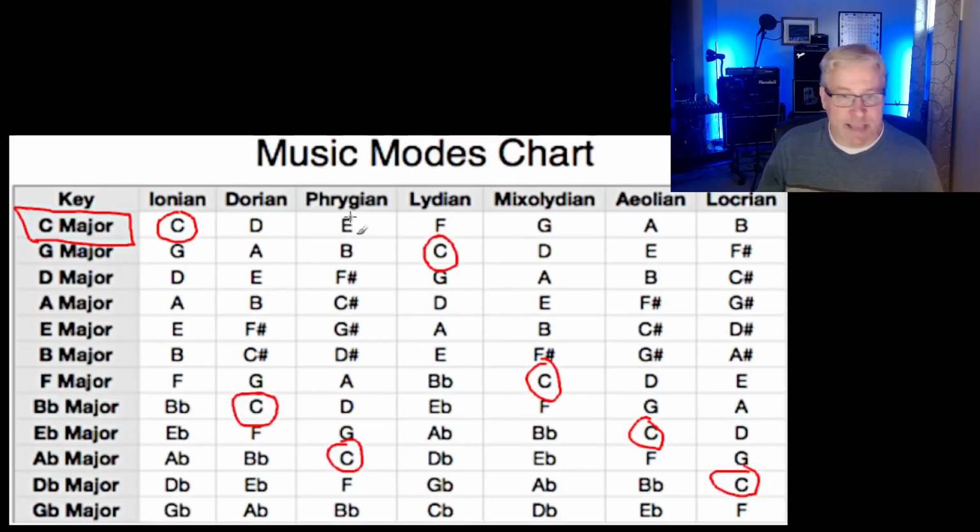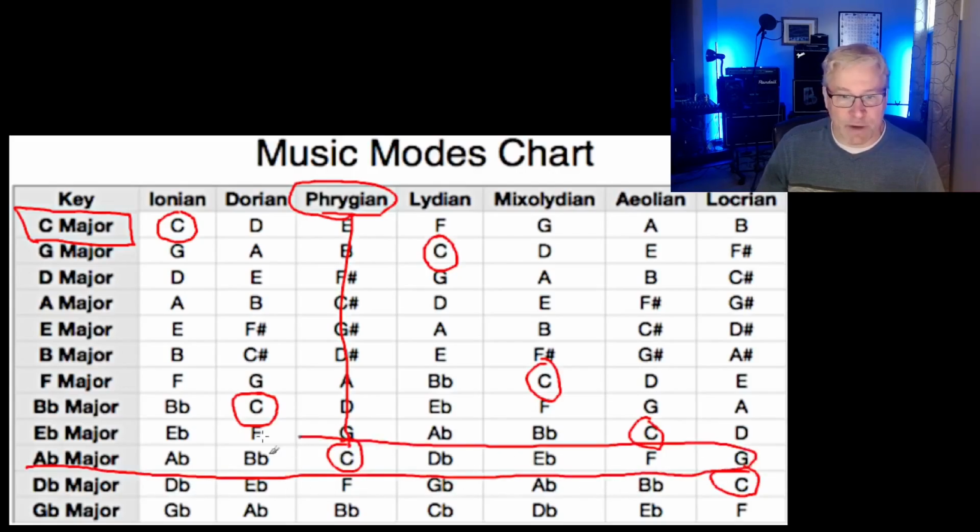Let's try another example. If we wanted the C Phrygian mode, we would simply find the C in the Phrygian table. That maps to the A flat major scale. These are the 7 notes that are in C Phrygian: C, D flat, E flat, F, G, A flat, and B flat. As you can tell here, this mode is quite different from C major, and if you have a chord progression in C major, using C Phrygian on top of it is bound to